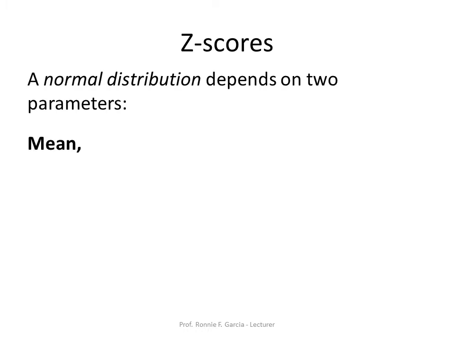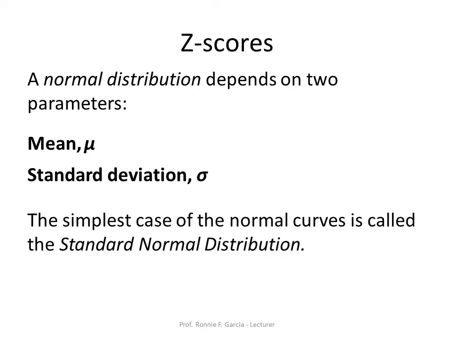The normal distribution depends on two parameters, the mean and the standard deviation. So in any given problem about standard normal distribution, we always have to look for the mean and the standard deviation because the values of the z-scores as well as of the areas and percentage under the normal curve depend on these two values. Since we have different mean and standard deviation from any data set that we are gathering,